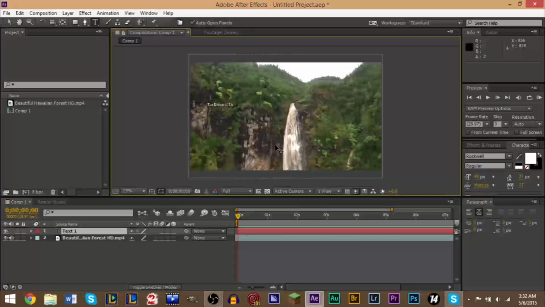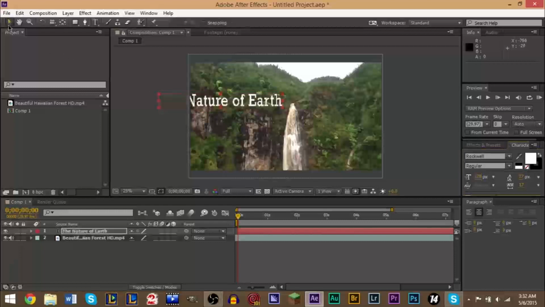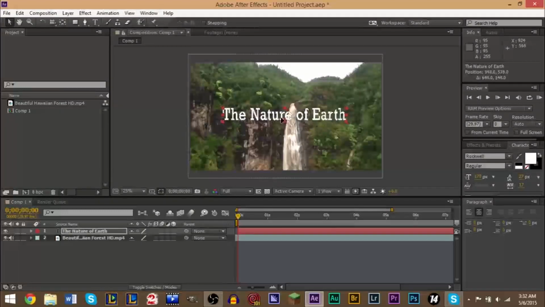The nature of Earth. That's what we'll call it. And we're going to Control A to highlight, and we're going to make this text a little bigger right here. We're just going to drag it, and then we're going to use our move tool up here, and I think right about there is fine. And we're actually going to go ahead and include a stroke. And to include a stroke,